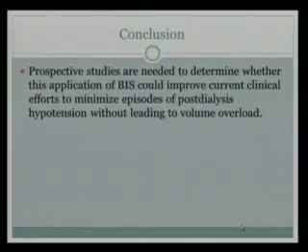So basically, we suggest that this should be looked at in a prospective manner. Now that we know that there is a correlation, we should go forward and look to see if you do excess ultrafiltration beyond what we would deem necessary by BIS, that you're putting the patient at risk for hypotension. So really to validate this, further studies need to be looked at prospectively to see if we can minimize these episodes of post-dialysis hypotension without